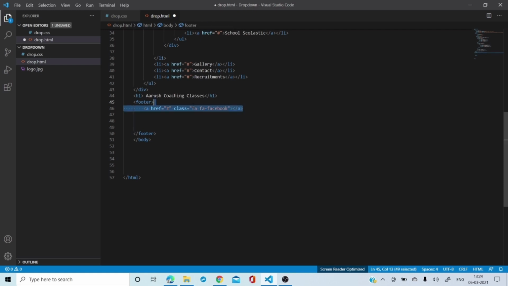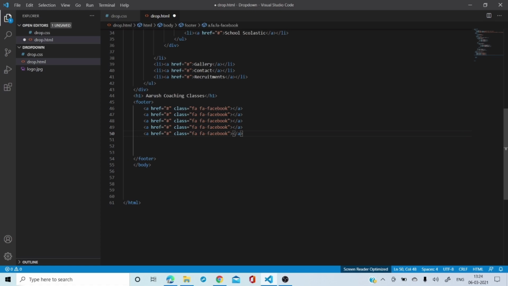Now same thing I'm going to copy how many times? 3-4 times. So here and here and here and here. So here I'm going to change from Facebook to maybe Twitter. The third one which I'm going to change over here is Google, and after Google I'm going to take LinkedIn.